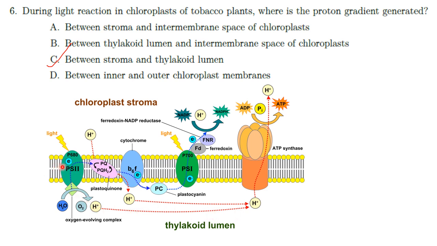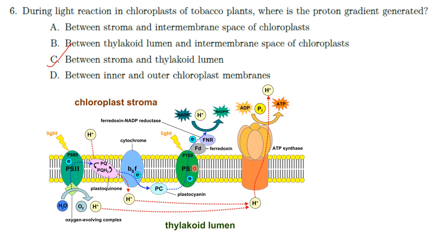Then the passage of electrons through the various photosystems also makes the protons move from the stroma to the lumen side of the membrane. Then protons are used up from the stroma to convert NADP to NADPH by the action of the enzyme NADP reductase. And these steps I have mentioned here, that is the oxygen evolving complex, passage of electrons through various photosystems,